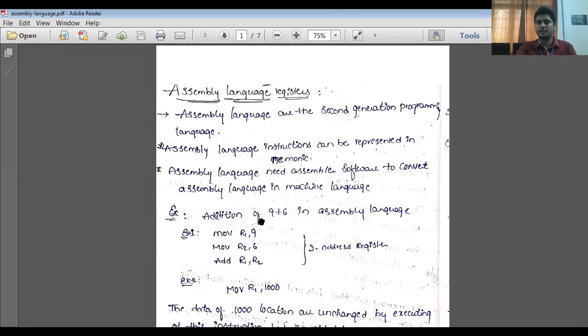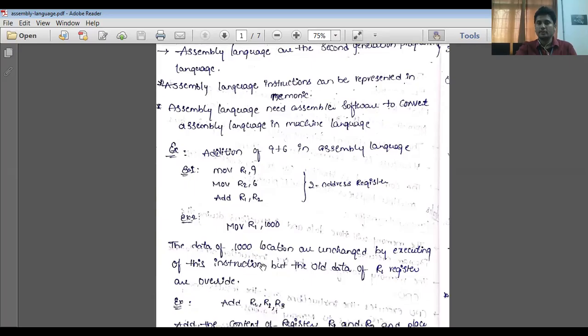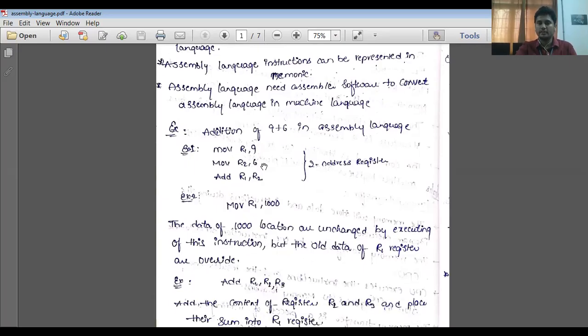So here, addition of 9 plus 6 in assembly language. Generally 9 plus 6 is numerical, but in assembly language we write move R1 comma 9. So 9 moves to the register R1. Move R2 comma 6, 6 moves to R2. Now add R1 comma R2. So 9 is in register R1 and 6 is in R2.